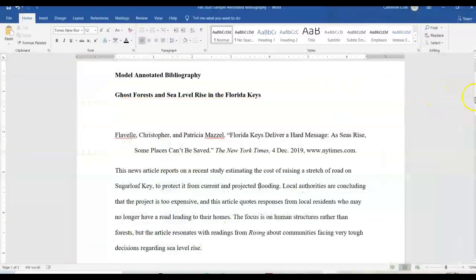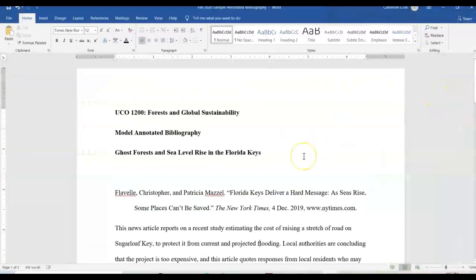Okay, so now let's move to the model annotated bibliography that I'm giving you just to be sure that you know exactly what you should be doing for next Tuesday. So I'm doing this model project where I do every step of the process just a week or so ahead of you. And the name of my topic, as you know, is Ghost Forests and Sea Level Rise in the